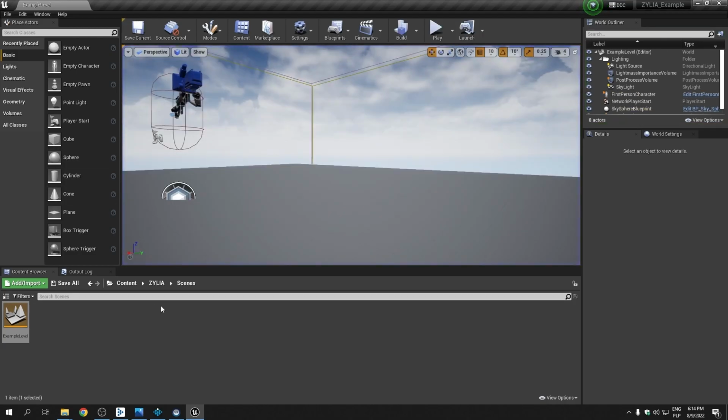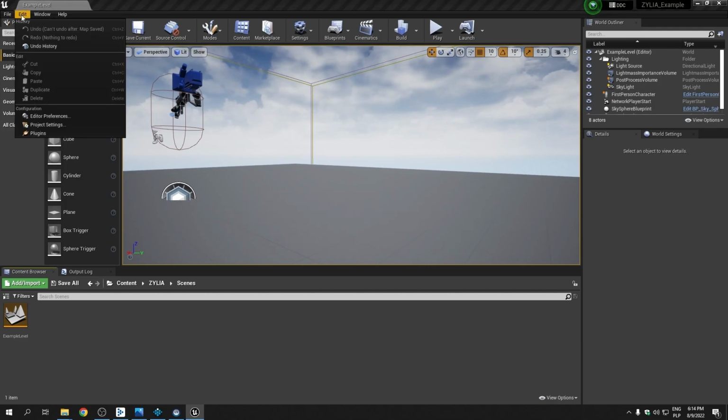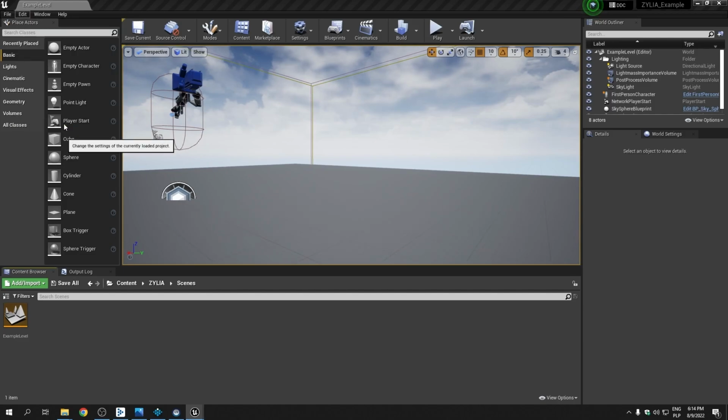This is the example first-person character, so we have some capability of moving and shooting. Okay, so now is the right time to set up some basic settings in the Unreal preferences, the project settings,